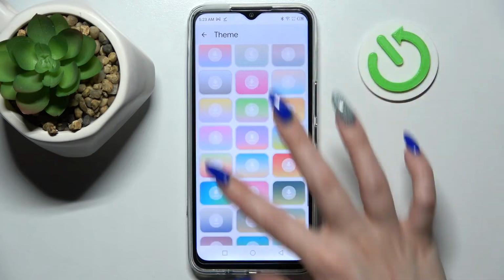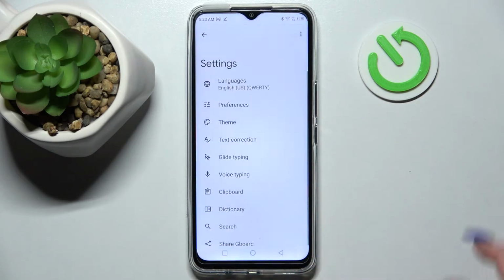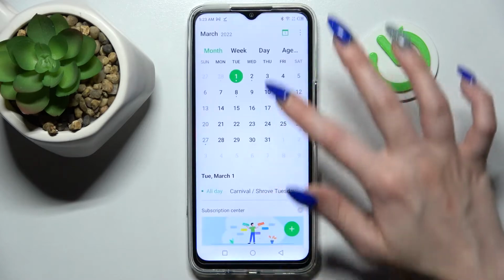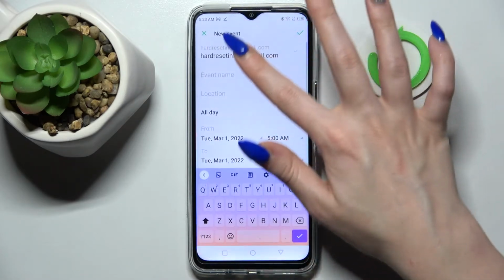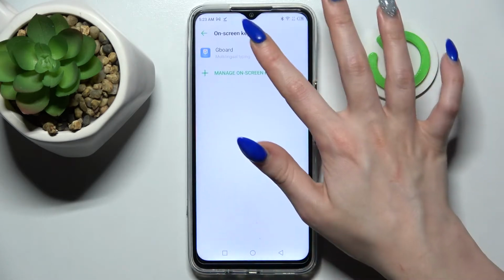When you're ready, you can click on one of those images like that one, tap on the switcher next to keyboarders to switch them off or on and tap Apply. Now when I go back, as you can see, theme of my keyboard has changed, but you can always go back into the same settings, but this time select